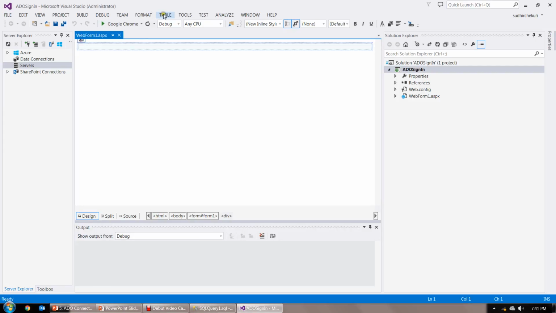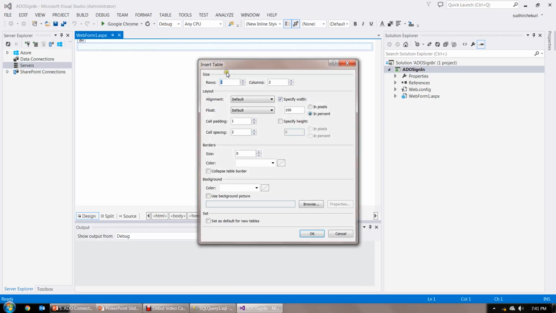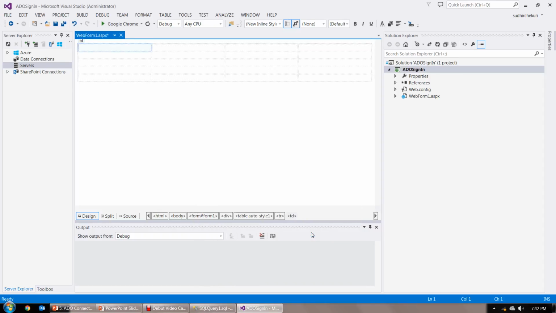I'm going to click on table to add a design. Table, insert table. I want 5 rows and 4 columns, and I'm going to click on OK. I want to write here as a sign in page, followed by username, password. 2 fields are required,